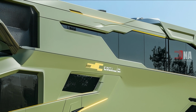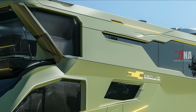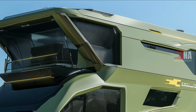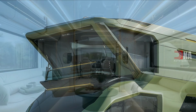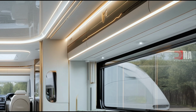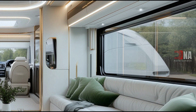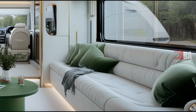Upon entering, you immediately note how advanced and driver-focused the dashboard is. All the relevant information is at your fingertips thanks to a digital instrument panel that can be customized and a sizable infotainment touchscreen that acts as the control center. You'll never get lost thanks to wireless Apple CarPlay, built-in navigation, and Android Auto compatibility. For extended trips, the ergonomic dashboard design with premium materials, brushed chrome accents, and gentle ambient lighting creates a contemporary